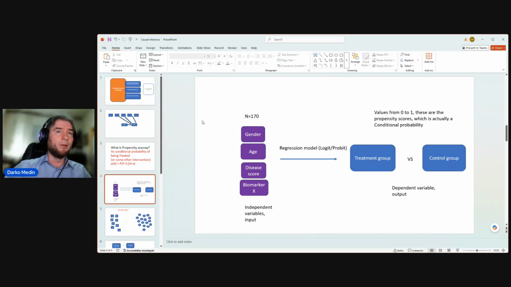So very simple. We have the input variables. We have information whether the patients are treated or not. We can create a regression model to output the probability using logit or probit model, for example, to output probability of patient being treated. That probability, that's the propensity. Very simple. Now, it's important to say that